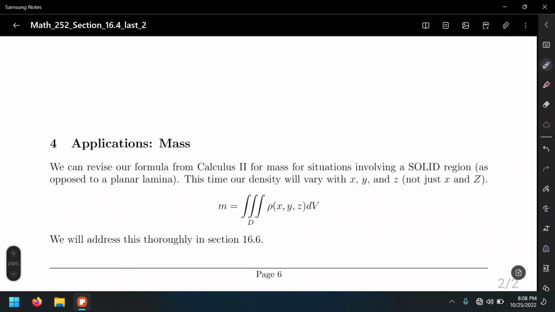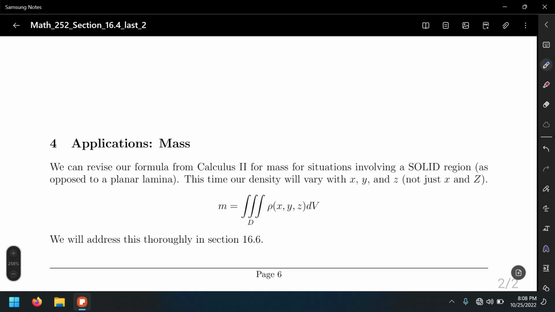You can think, for example, of a rock or something that is not made of a uniform material. Different points on that rock or solid will be more dense than others. So in this case, we have a material with a variable density. That variable density is given by this function, depending on the point in space. But we're going to look at this when we get to